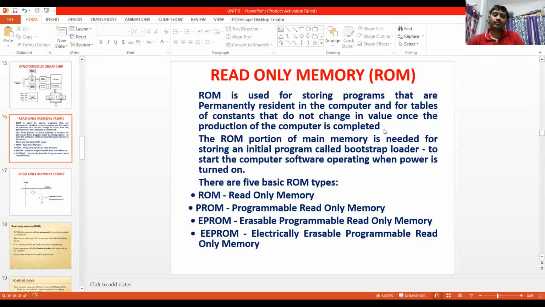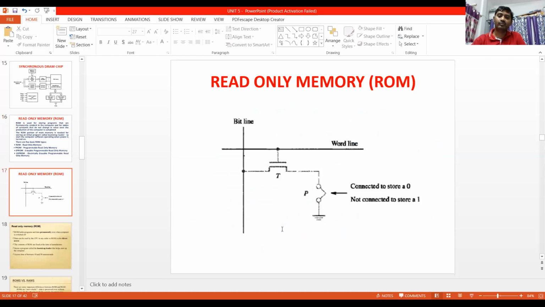There it is programmed once, which means whatever the content is in that will not be changed, right? Generally this ROM is made empty, and then next it will be programmed, so it is called a programmable read-only memory, right? Coming to the others, there are EPROM and EEPROM. We will see what they are one by one.